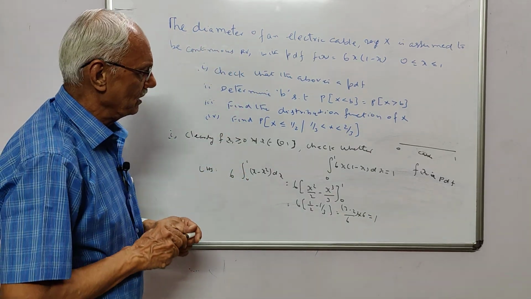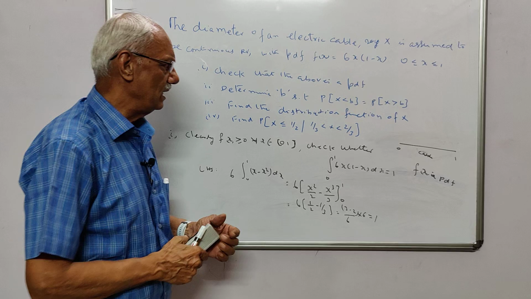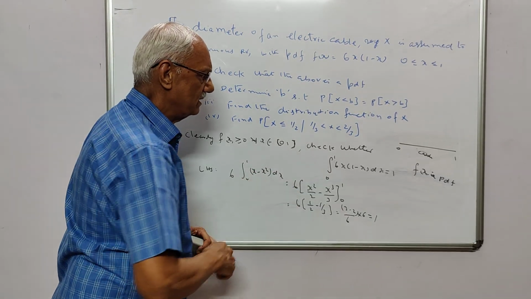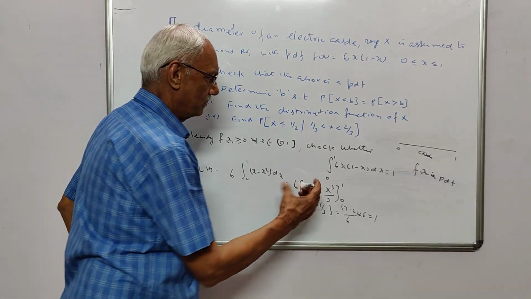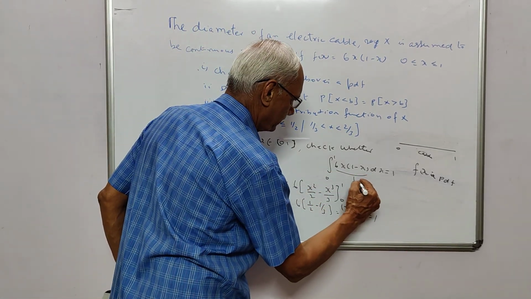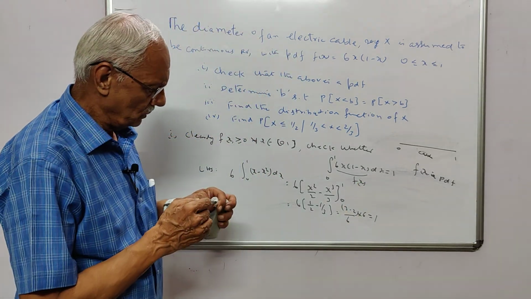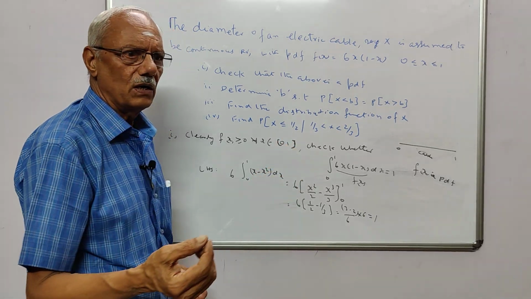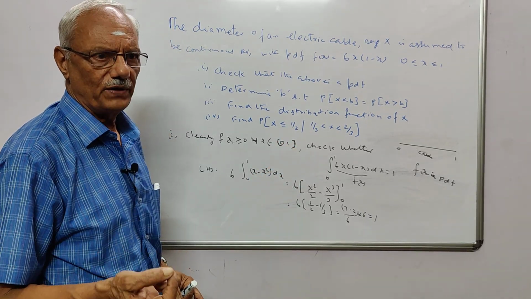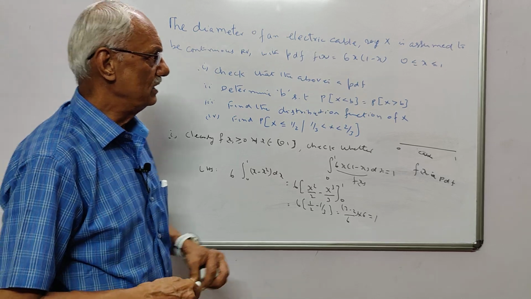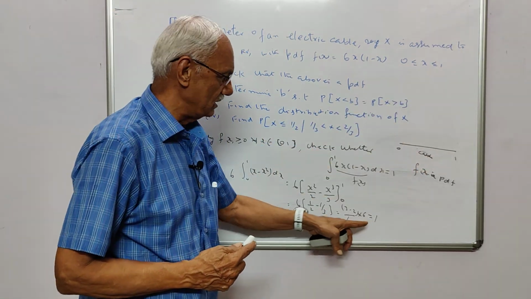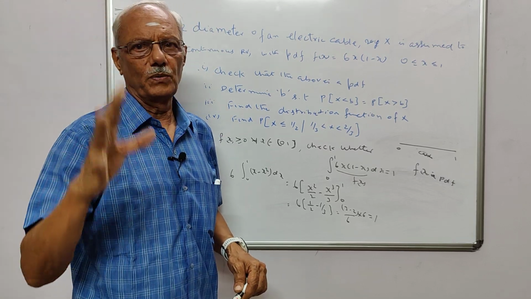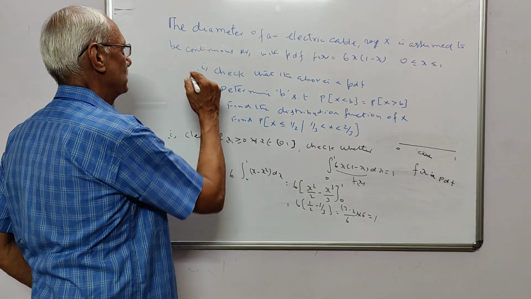So you see that this is your probability density function. This is your f of x. We are able to prove that the integral of f of x over this interval 0 to 1 is equal to 1, and therefore definitely f of x is a probability density function. So you see that this is over.